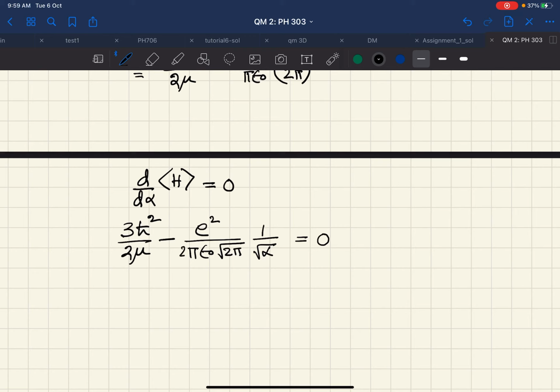There will be 2 here. Okay, so this therefore will lead us to a specific value of alpha min, which will be mu squared e